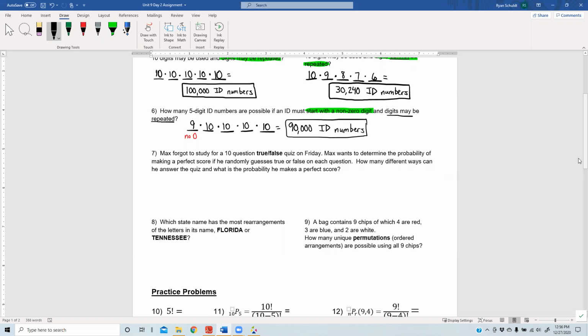Well, what do y'all call a perfect score? If you're taking a test, what do you call a perfect score? 100, right? So he wants to just answer randomly and see what the chances are that he can get 100. Just true, true, false, false, whatever. I'm just going to guess all the way down. Honestly, on some of y'all's tests, I think y'all do the same thing. But nonetheless,